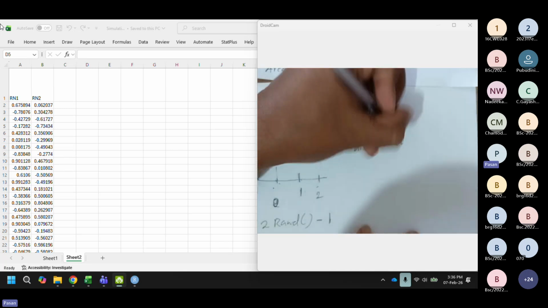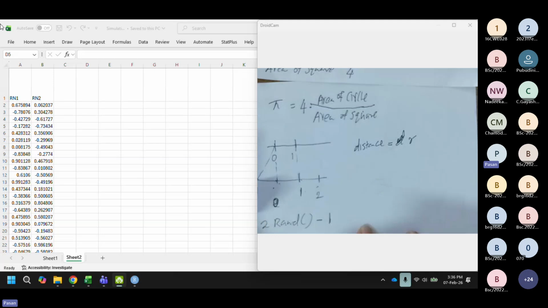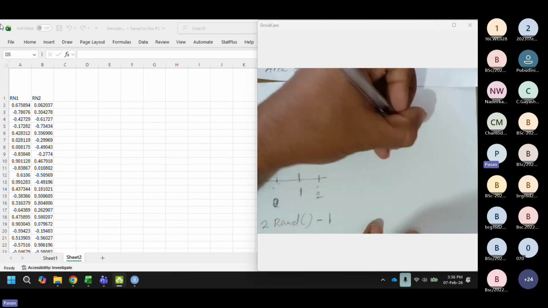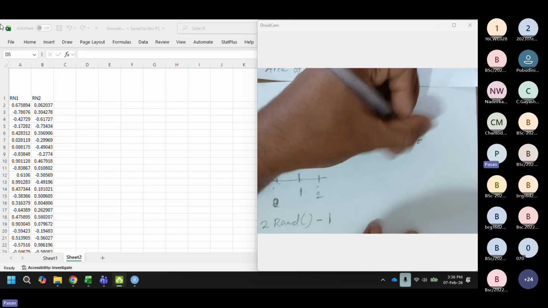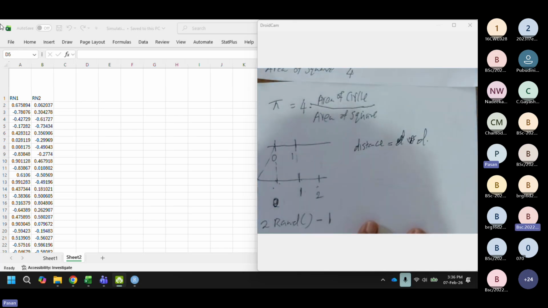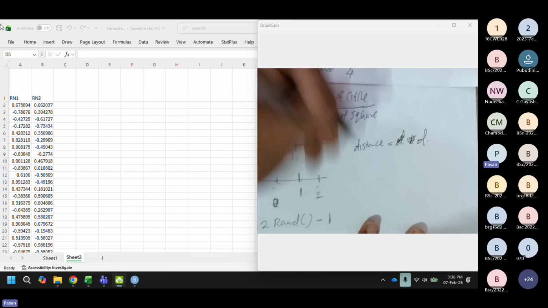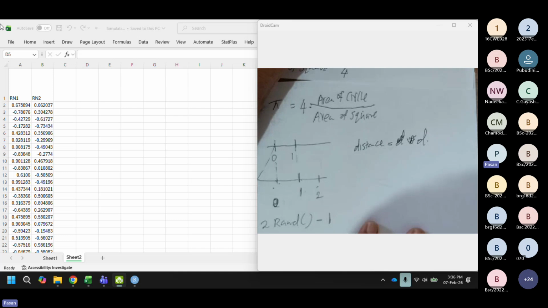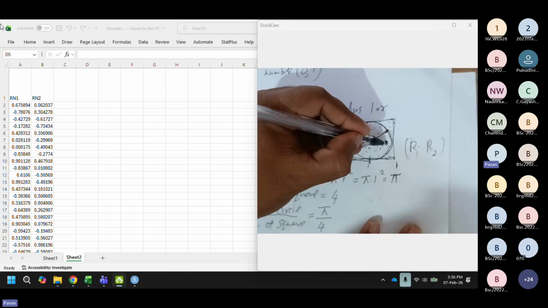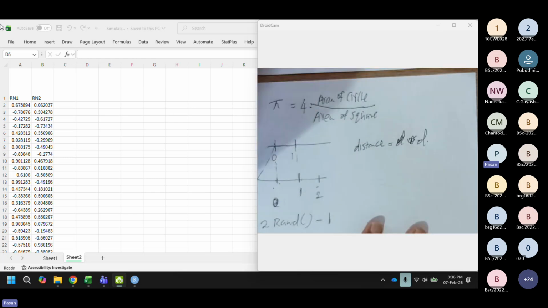So that distance is the radius actually, right? You can measure that distance. I'll label it as d. So I can measure the distance from any point up to the center, right? So I can measure that distance